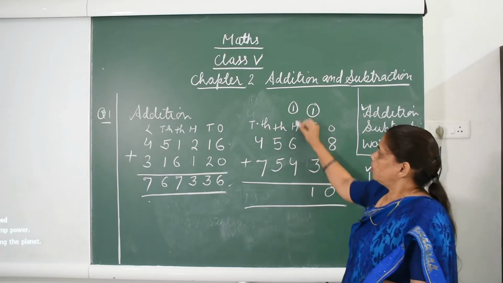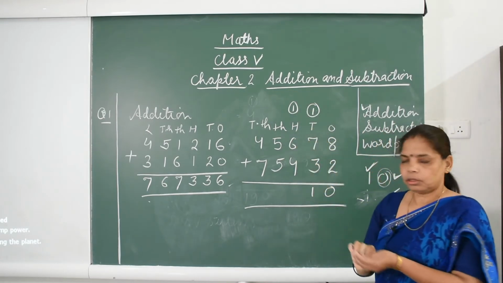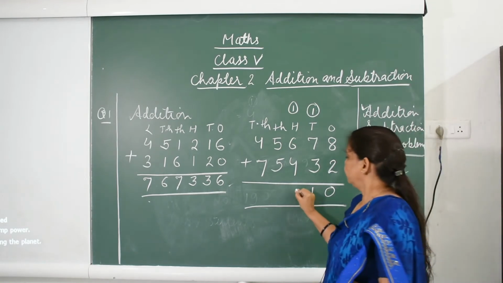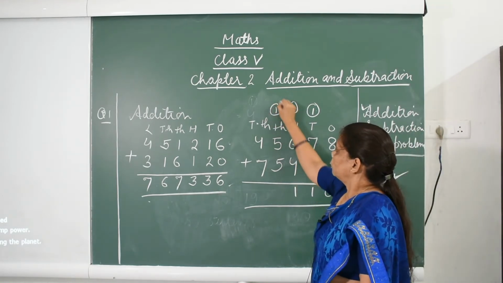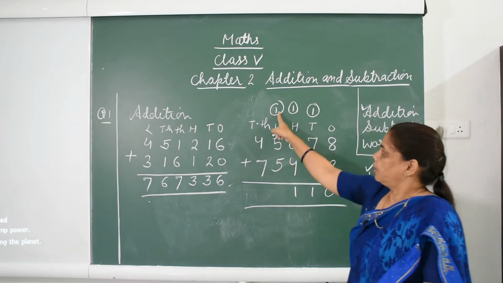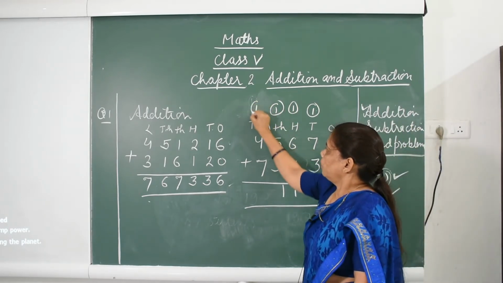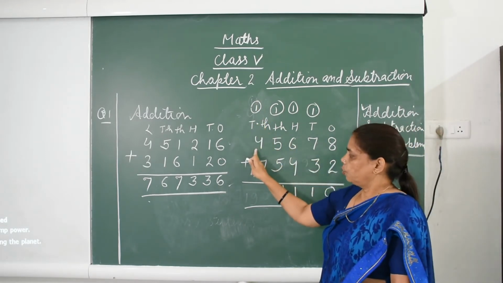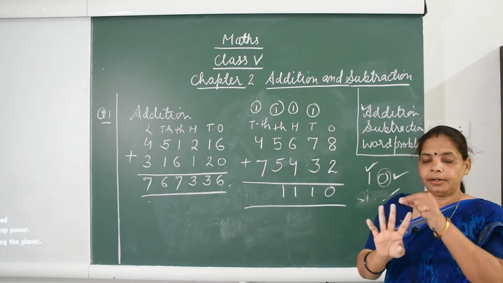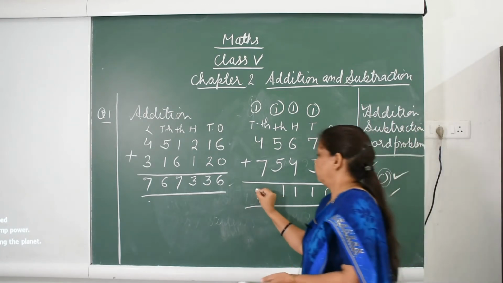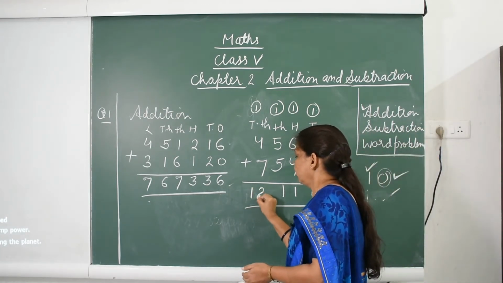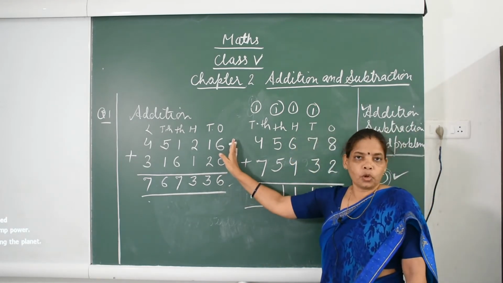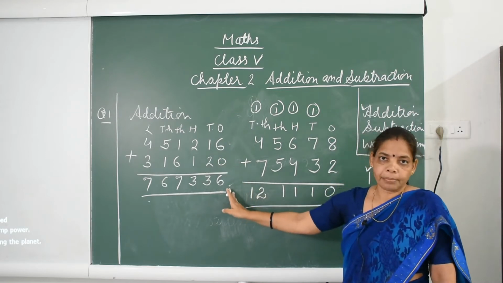1 will carry. 6 plus 1, 7, 7 plus 4, 8, 9, 10, 11. Again 11. Again carry 1. 5 plus 5, 10, 10 plus 1, 11. Again carry 1. 7 plus 1, 8, 8 plus 4, 9, 10, 11, 12. So there is no need to take a carry, because there is no number. The sum is already completed here.